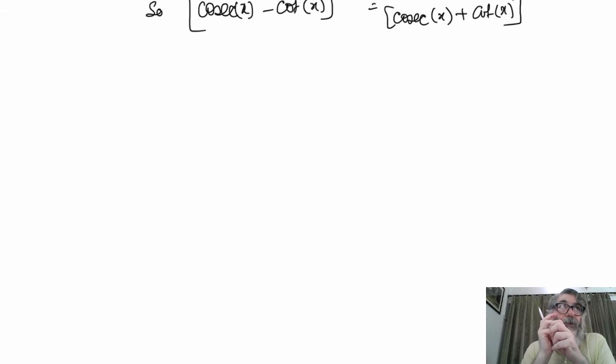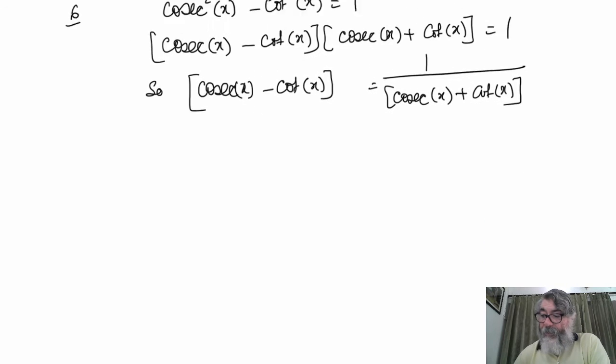We told you that sec x minus tan x and sec x plus tan x are the reciprocals of each other. Similarly, cosec x minus cot x and cosec x plus cot x are reciprocals of each other, and they will be used while manipulating things. There are some further things which we are going to do.